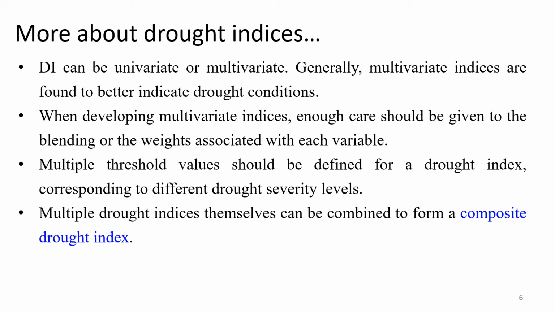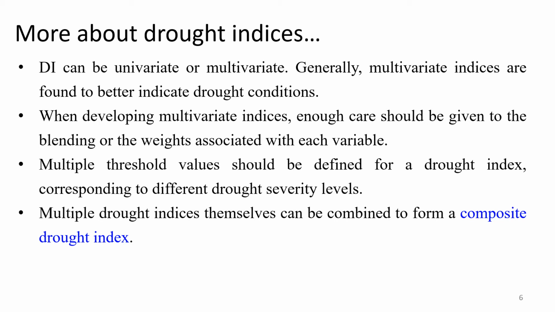And once we define a drought index, it will be our responsibility to define thresholds for characterizing droughts with different severity levels. Say I use SPI. In the previous example, I defined the onset of drought when the SPI value crosses -1 on the negative side for the first time. Similarly, when it crosses -1 towards 0, I call it the removal of drought. So -1 is a threshold for defining a minimum drought event.